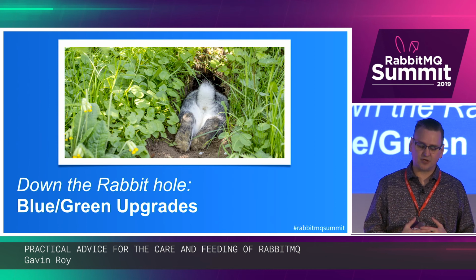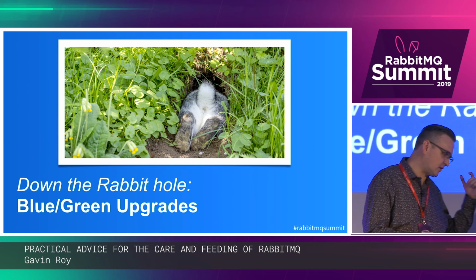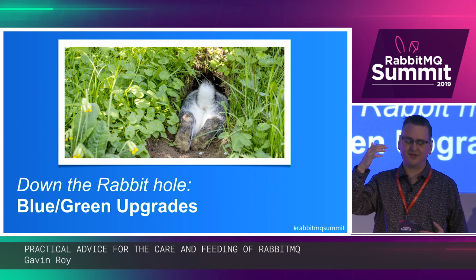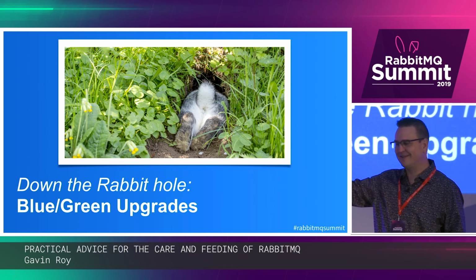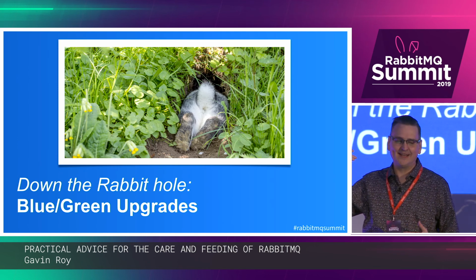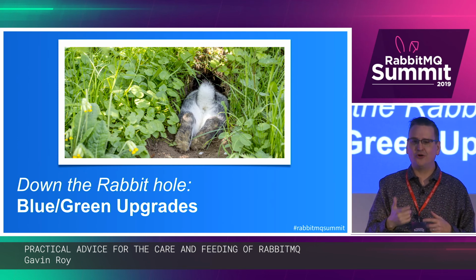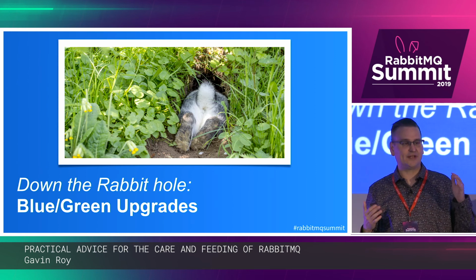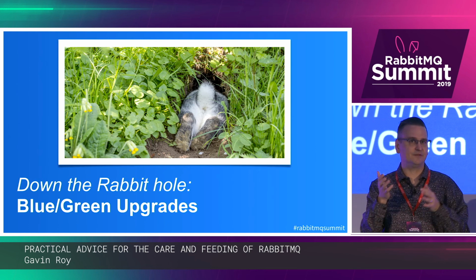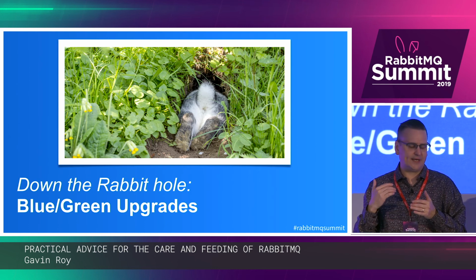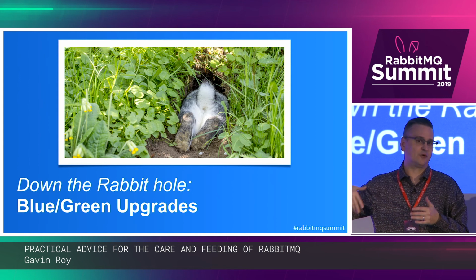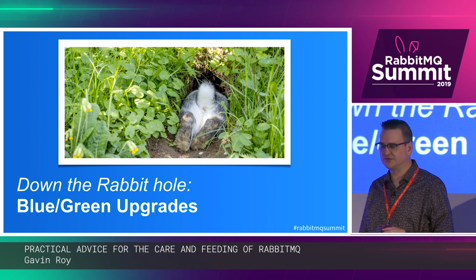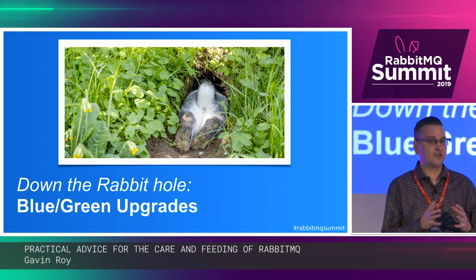So if I'm going from, let's say, 3.6 running on Erlang R19, and I want to be really cool and go to Rabbit 3.8 running on Erlang R21, I can't just swap out a node one at a time. Now, if I'm staying on the same Erlang version and I'm in the later versions of Rabbit 3.7, I think 15 forward, and I want to go to 3.8, or I want to go to 3.8.1, I actually can now make those types of changes, but in the past, it's been pretty difficult.